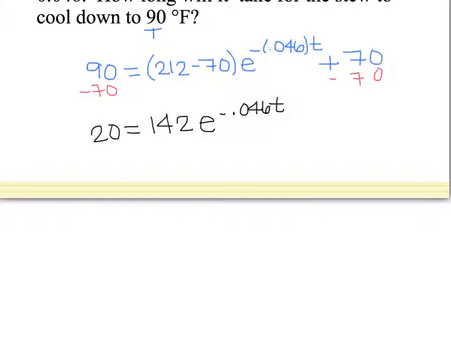Now we need to go about getting this piece by itself, so I can divide by that 142, and when I divide by 142 on both sides, 20 divided by 142 is actually going to reduce down to 10 over 71. You don't have to reduce this, but it might just make your calculations a little bit easier. And this is equal to e to the negative